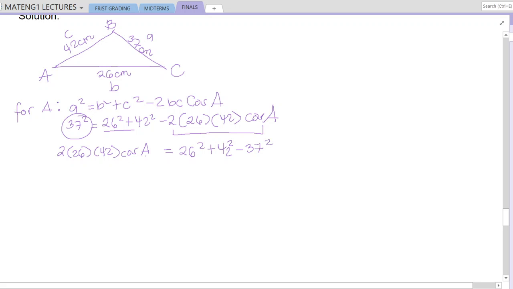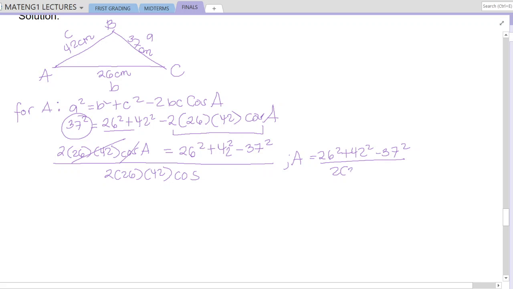To get the value of A, we divide both sides by 2 multiplied by 26 multiplied by 42 and the cosine. This will be cancelled already, and what remains is cosine A is equal to 26 squared plus 42 squared minus 37 squared divided by 2 multiplied by 26